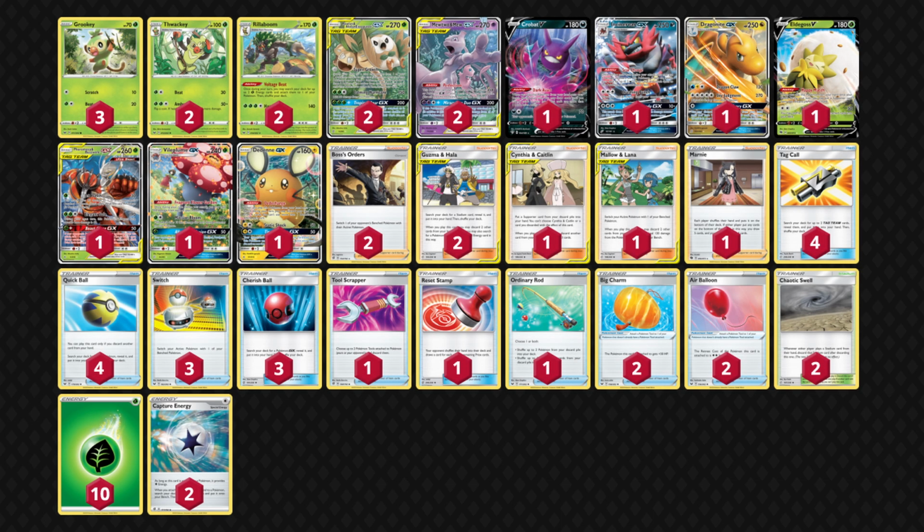Of course, Mewtwo GX is a card that actually goes very well in this deck list. It kind of gets rid of that fire weakness, which is very nice, but it also gives you access to use some other attacks from other attacking Pokemon, things like Vileplume GX and whatnot. Some decks aren't running Mewtwo, so it's not a card that necessarily you need to play in this deck. Some people are just focusing around Raug, and they're introducing a few other attackers that aren't GX Pokemon, like Double